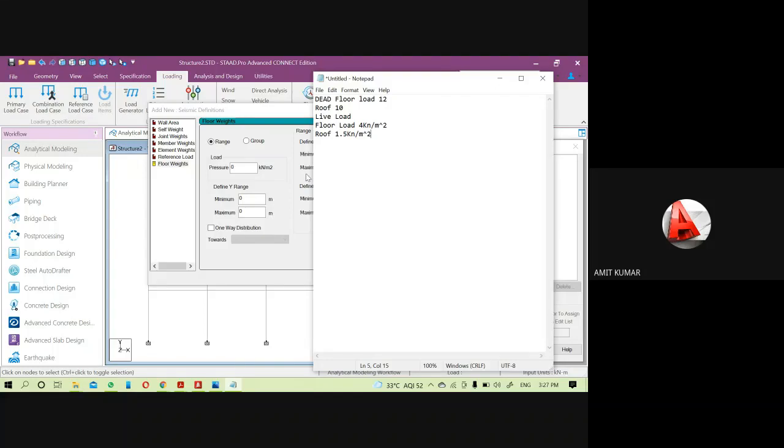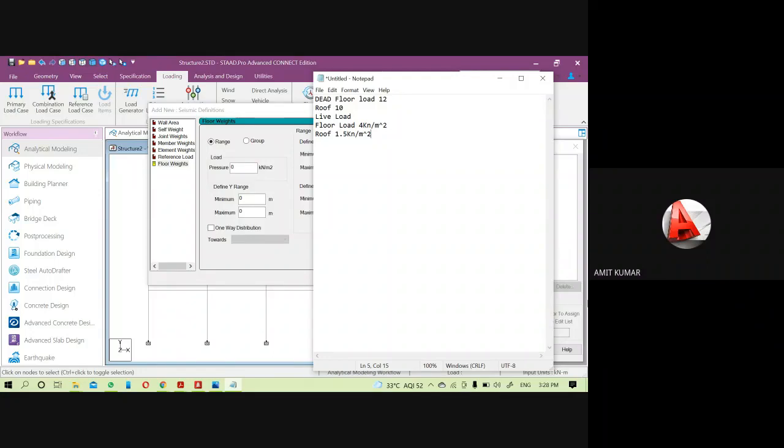For this, you can see Table 8 of IS 1893 Part 1, under Clause 7.3.1. When we apply the floor weight, that means the mass of the floor in the seismic case, we have to consider 50% of the live load as a lumped load, that means as a dead load.